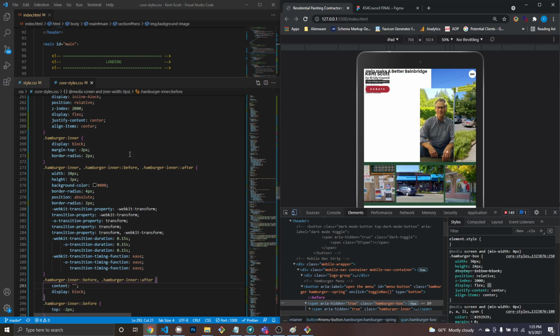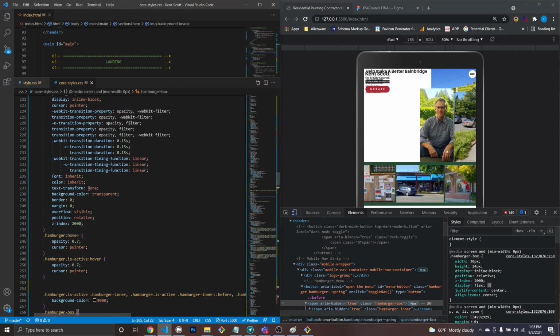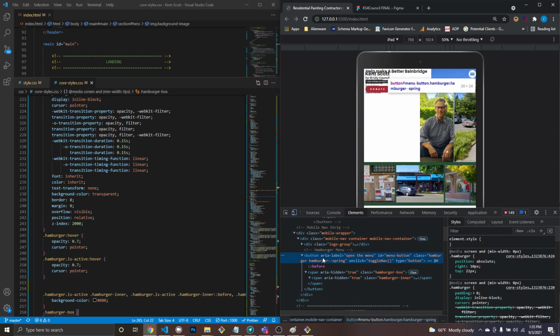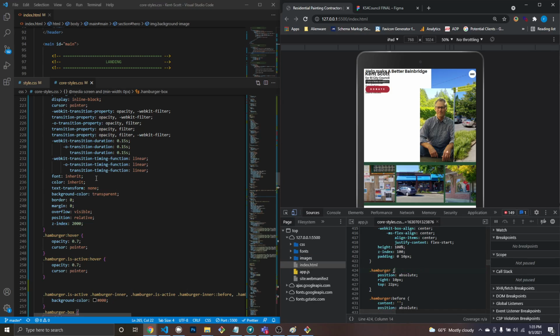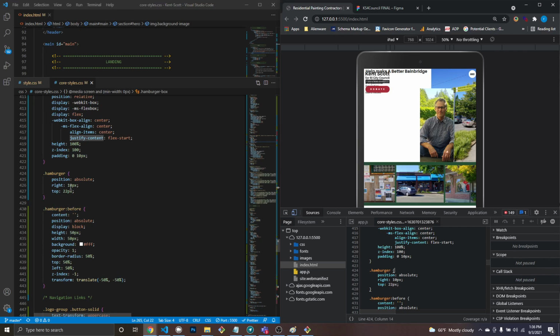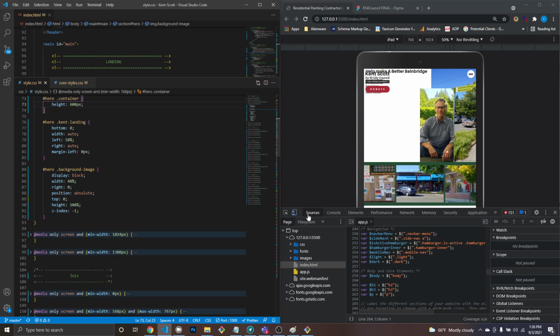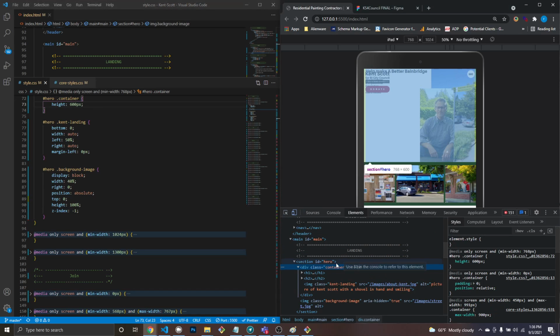So that's there. That means, well, I don't like how this is touching now. So we have to move our hamburger box over. Right, 10. That's going to be on 424. So right, let's do 20. Okay, that feels better. Now let's go back to style, and